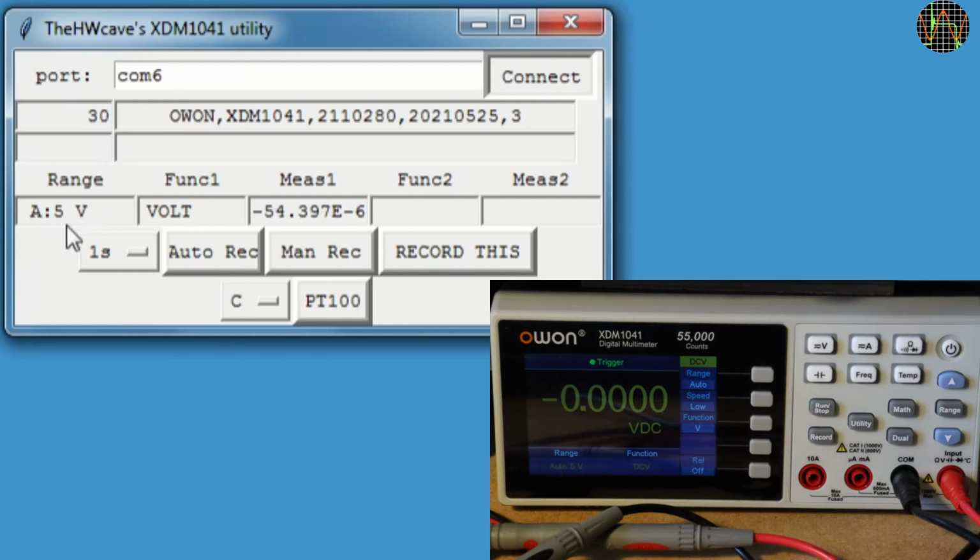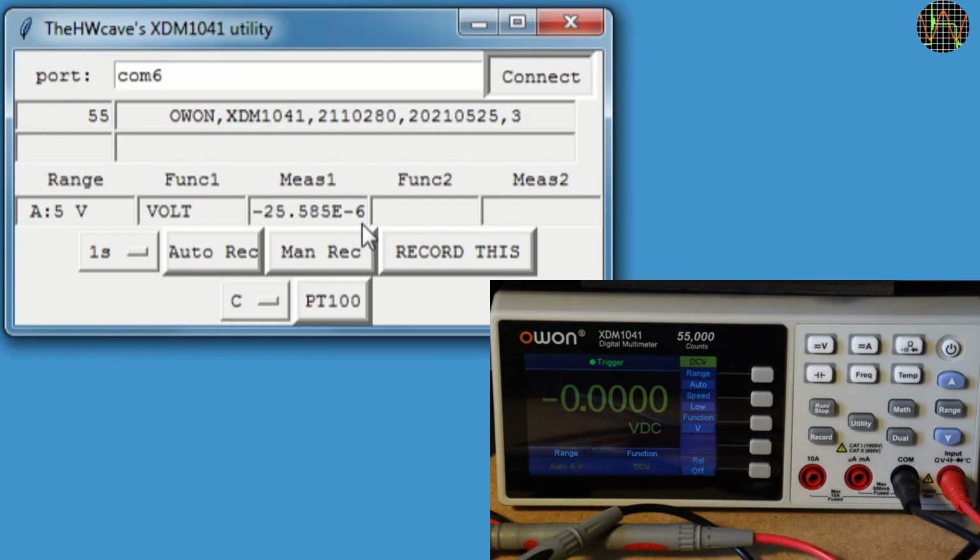In this line you see range. Currently it's 5 volt auto range, the function, volt, and the measured value. In dual mode you would see the second function and its value on the right. The measured value uses the unformatted direct measurements available from the SCPI. This has higher resolution but is also a bit noisier. I made my own formatting that will display this in engineering format.